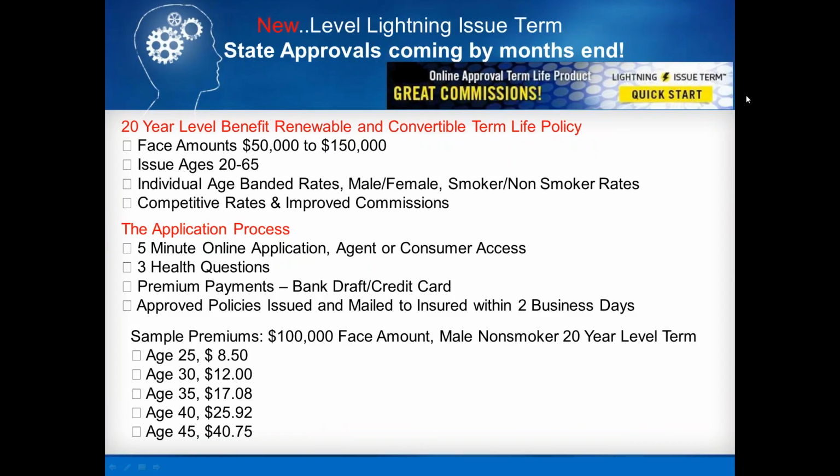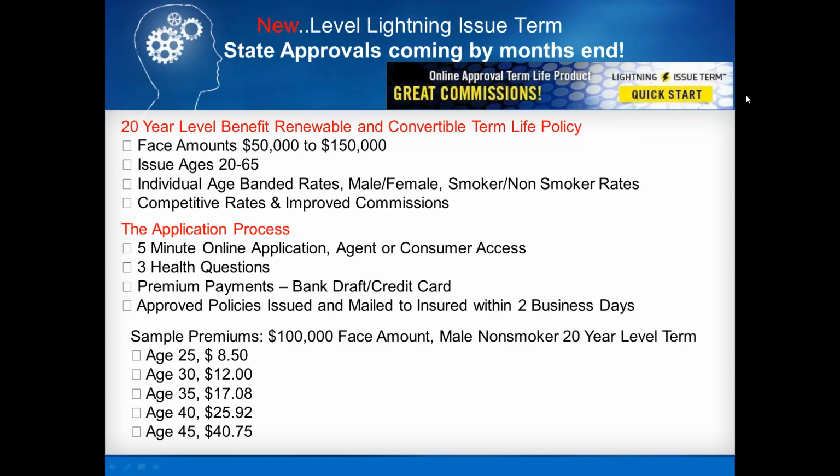Okay, another great, exciting product in our lineup. This is huge. Two years ago, we launched the first official online term product that is sold by the client. It's 100% client-driven, zero agent involvement. Okay, this is huge in banks, wirehouses. If you have a website, social media, if you work with a P&C agency or health agency, this is so